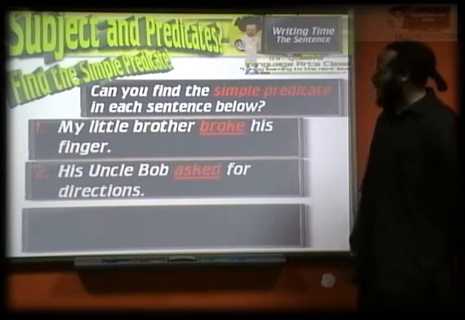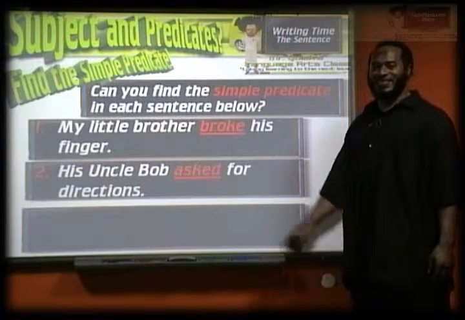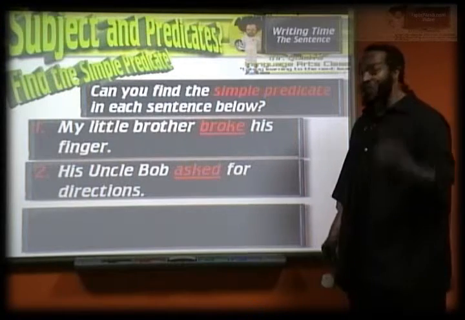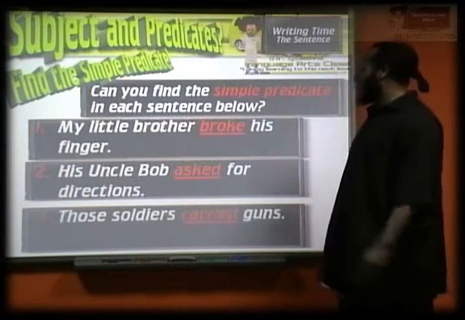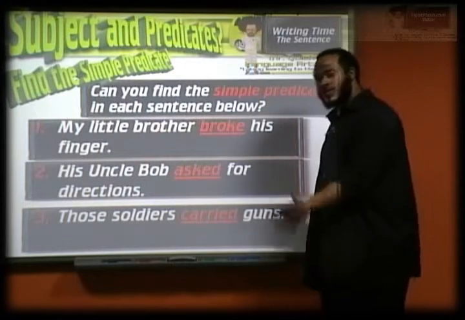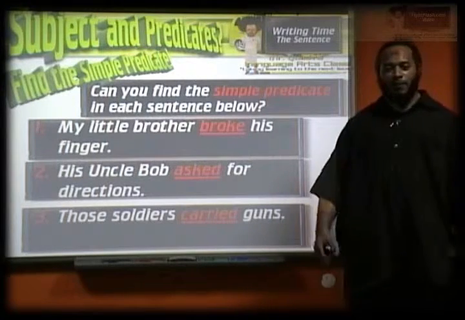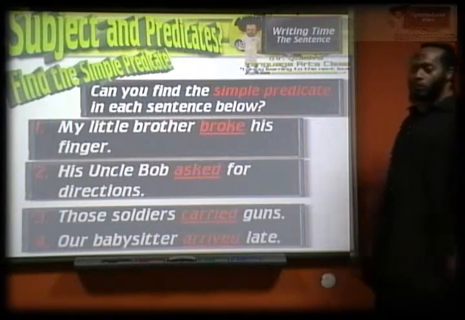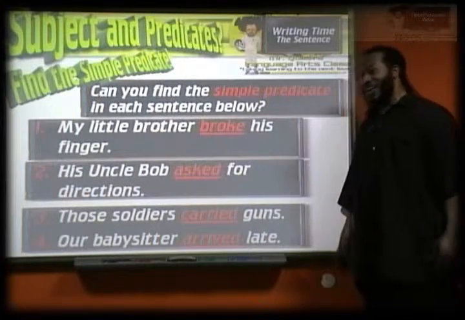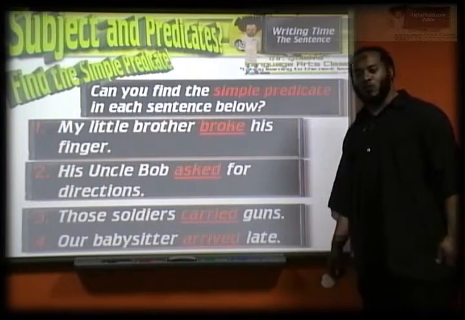All right. His Uncle Bob asked for directions. In this case, asked is the simple predicate. Those soldiers carried guns, and of course in this case, carried is the simple predicate, carried guns being the complete predicate. Our babysitter arrived late, and arrived late is the complete predicate, and of course arrived is the simple